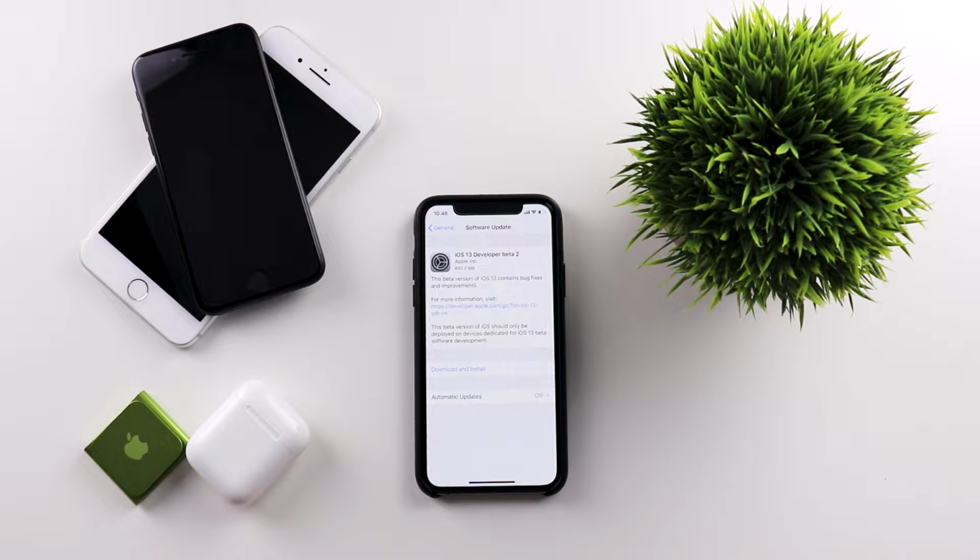Hello everyone, 2 weeks after the release of iOS 13 Beta 1, we get iOS 13 Beta 2. We are going to take a look at some of the new features and changes, battery life, performance, bugs, and